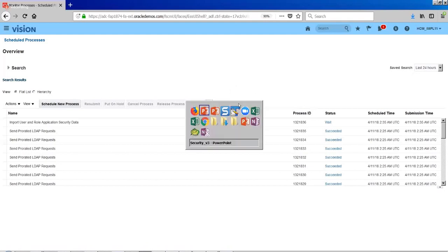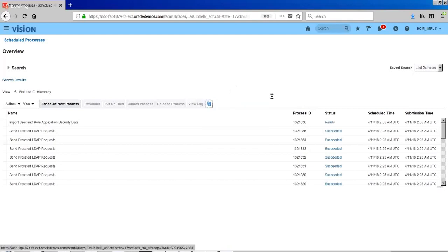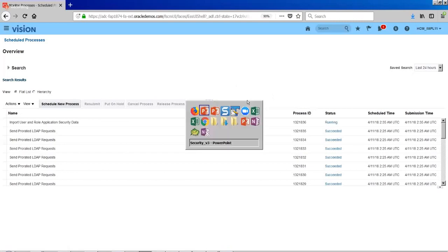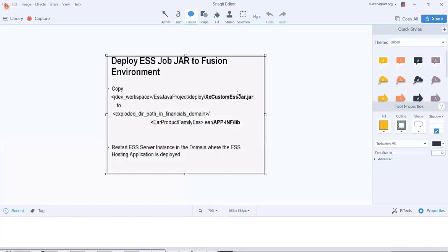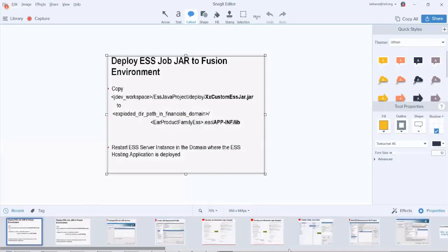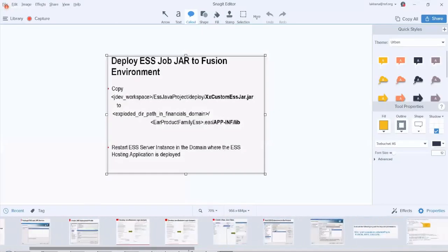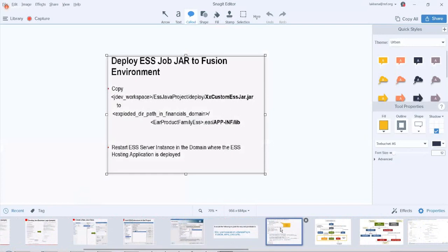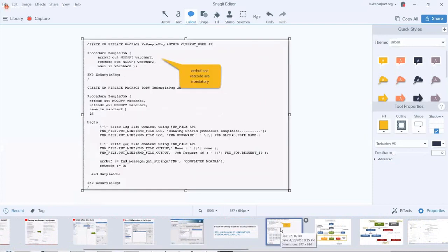So while it is running, if you have the PaaS model access, and if you want to register a PL/SQL program, then you have to create a PL/SQL program unit like this. Any PL/SQL program that should be registered as a concurrent program should take two parameters.